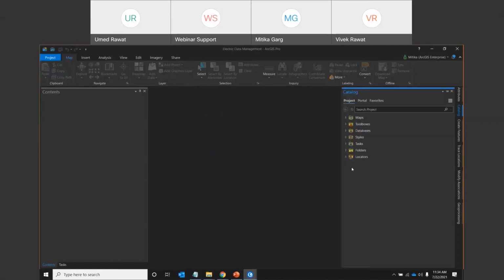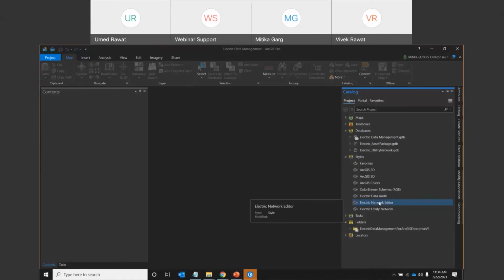Also you can see the folders we were showcasing. These have the databases which we have discussed, and then you can see we have styles like electrical. If you download a water or a gas template, you will also get the gas styles, or for water, sewer, and storm water, you can get all of these.